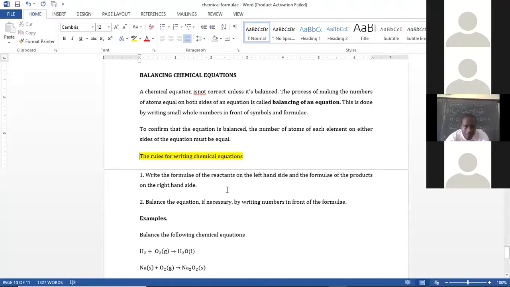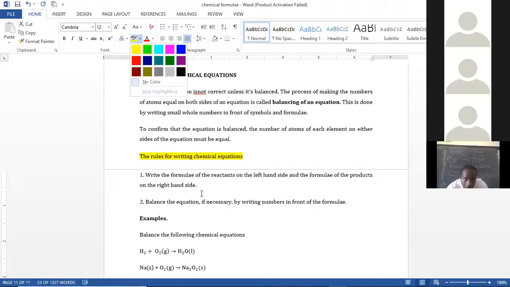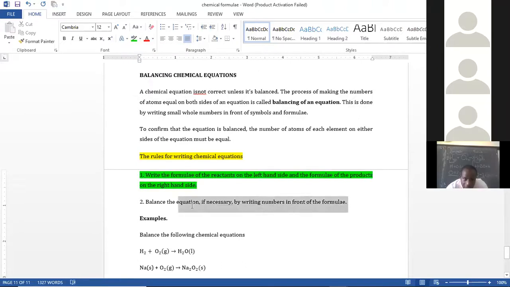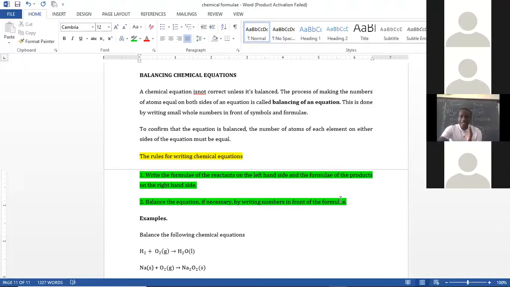Balance the equations if necessary by writing numbers in front of the formula. Okay, step number 2. We are writing numbers in front of the formulae. That's why I said I'm going to be using the word left-hand side, but we only write numbers in front of the formulae. I think now when I talk about in front of a formulae, you understand because you've seen us write numbers in front of formulae or on the left-hand side of